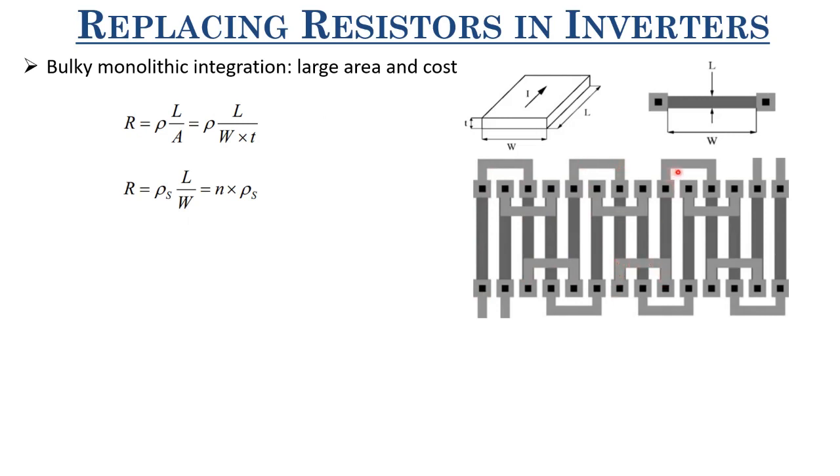So first of all, you see that it's kind of a serpentine structure. Why serpentine structure? So as to reduce the area while realizing a large resistance. And why have they connected alternate